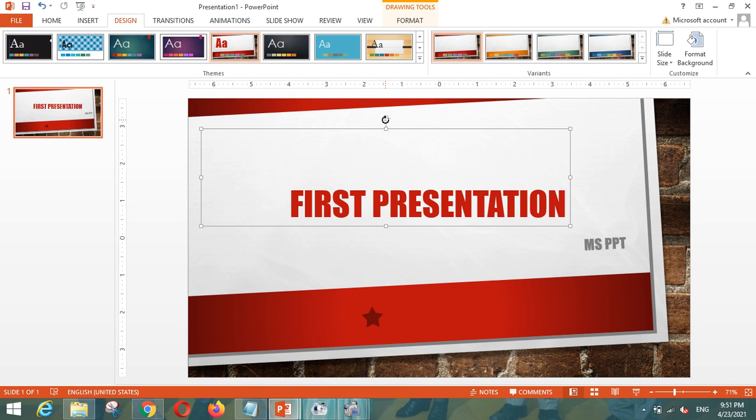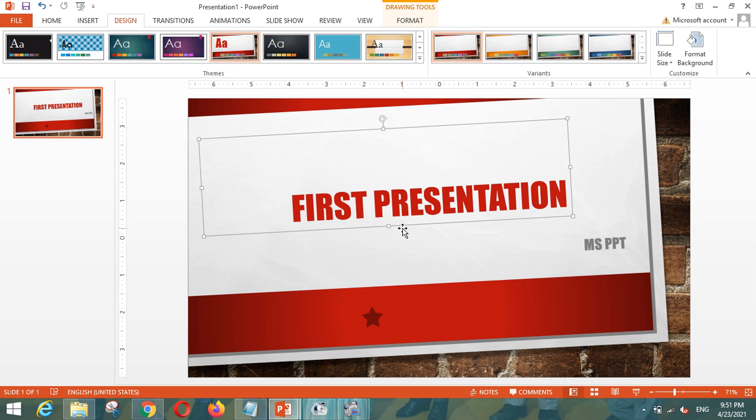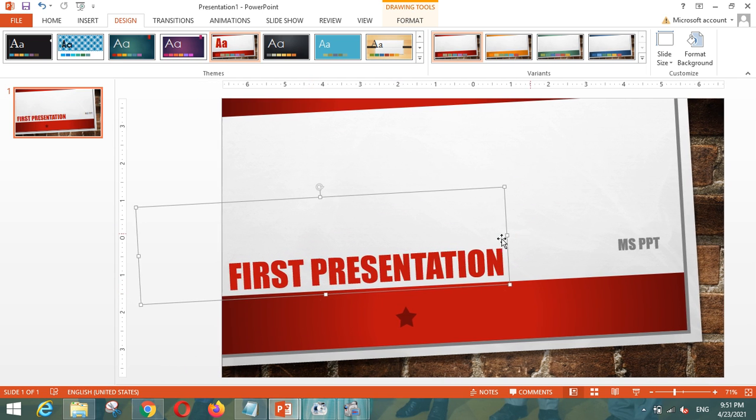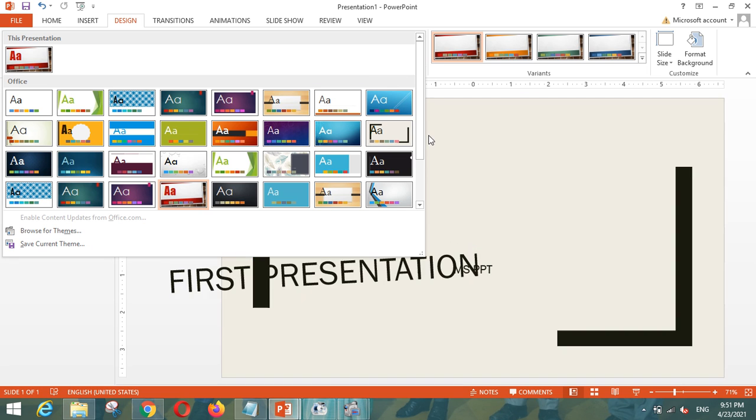Here you can see there is a rotation button where I can rotate my text, and accordingly I can keep my text here. You can see that the text and the design are both at angles, and now both are aligned also. Similarly, as per your requirement or your choice, whatever design you like the most, you can choose from here.